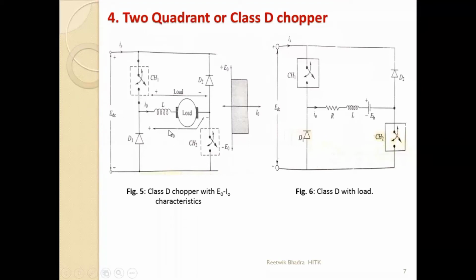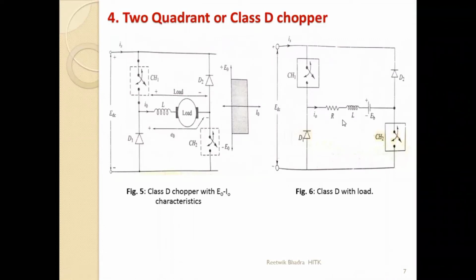We have two choppers, CH1 and CH2. We have a motoring load RLE, and we have two diodes like this. Remember, when the choppers are on, this inductor will charge. When the diodes are on, this inductor will discharge. In all cases, whatever we study in future circuits also, you should remember that the inductor charges through the switch and discharges through the freewheeling diode or feedback diodes.